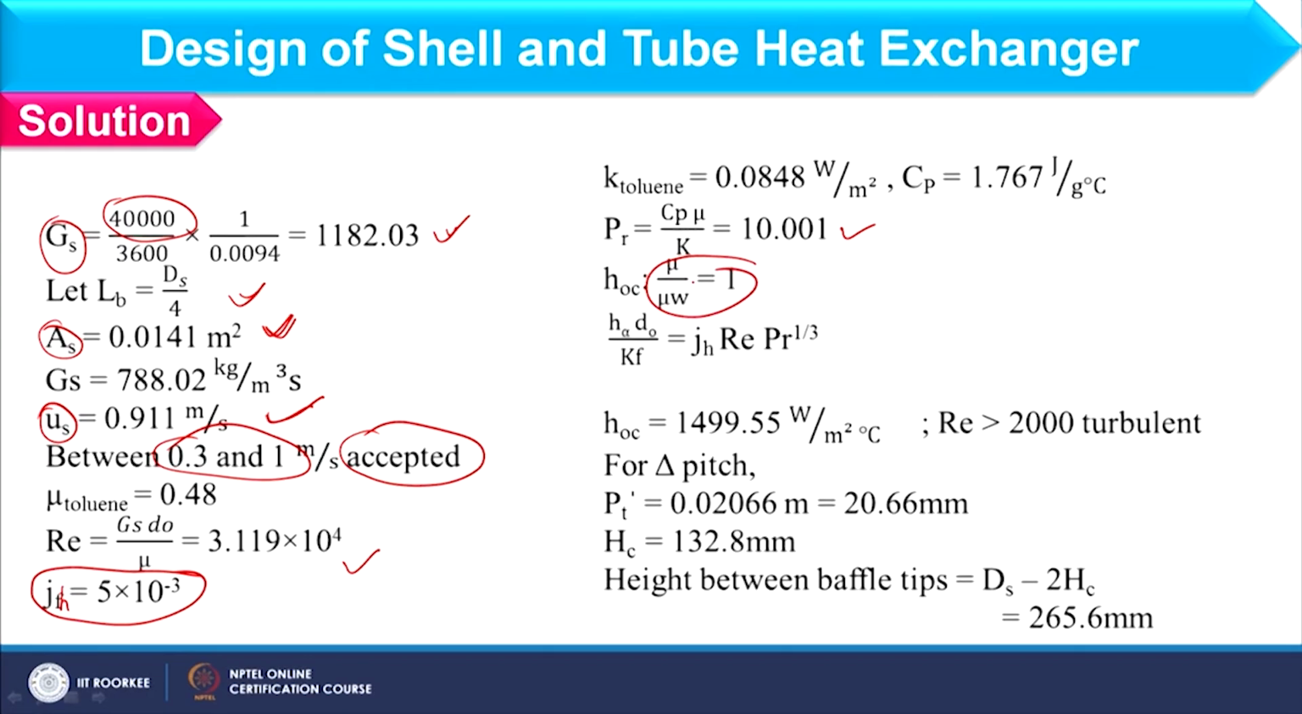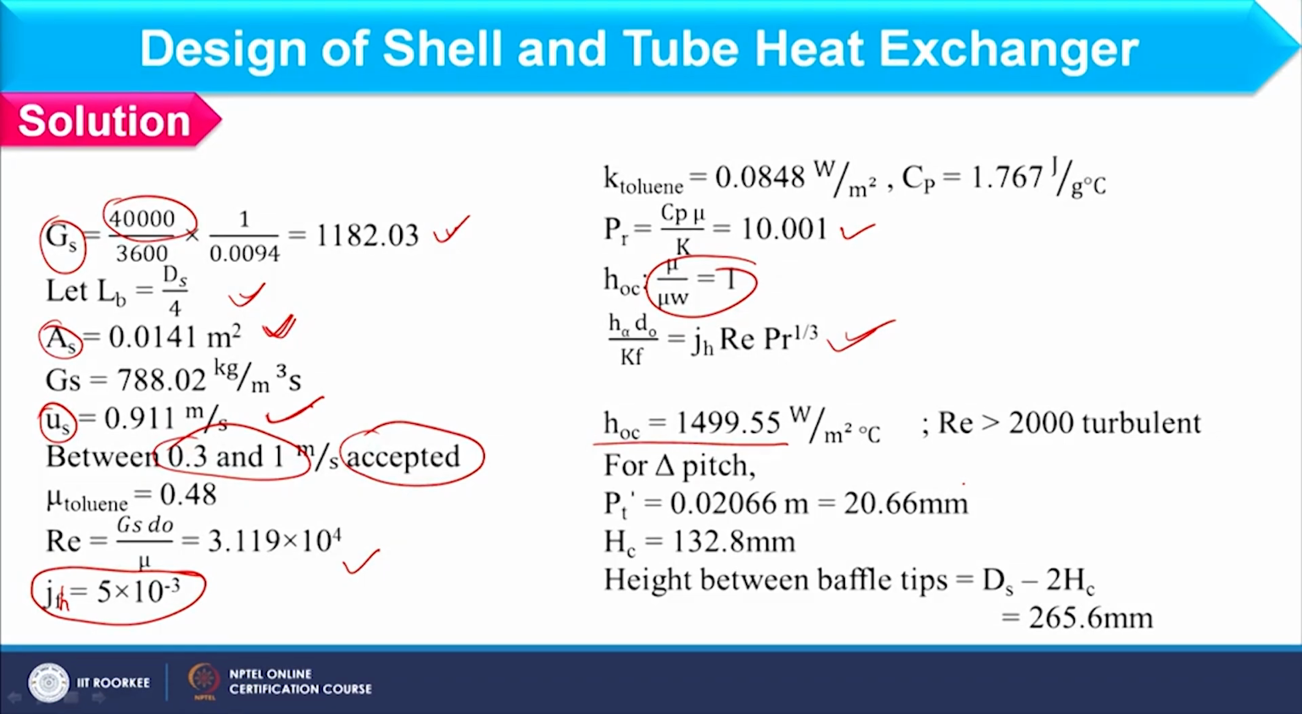So, that I have equated to 1, and further you can find out the HOC value using this expression, and the value you can obtain as 1499.55 watt per meter square degree Celsius, because I am having Reynolds number more than 2000. Okay. And once I have the HOC value, after that we have to find out different correction factors